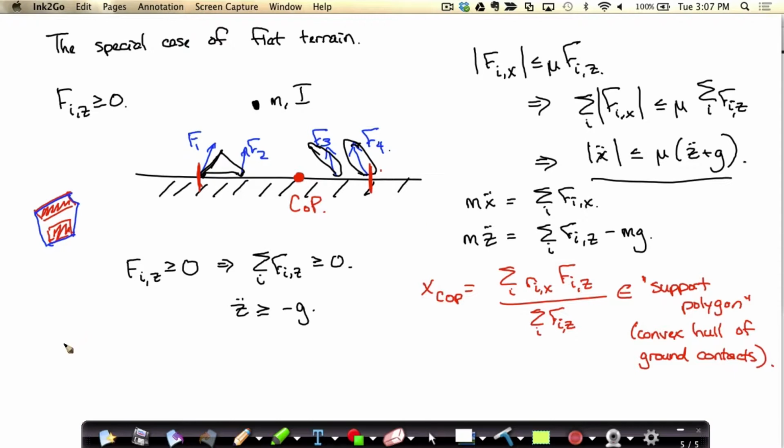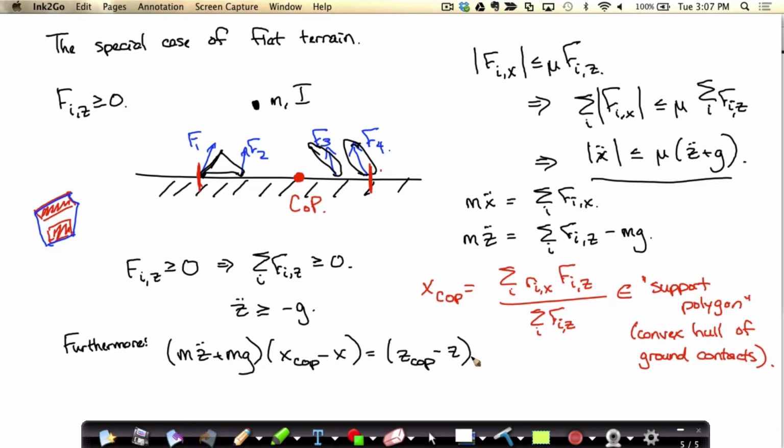All right, so here's the big one. It turns out if you interrogate these equations and you think about what happens with the center of pressure, then you get this magic equation out, which is that m z double dot plus m g, that's stuck in there, times